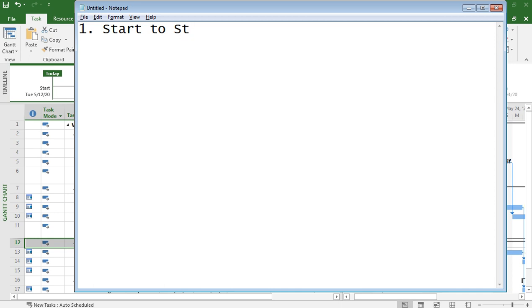Type is finish to start. So there are 3. Okay, let's do that. So there is scheduling information. How to schedule? There are 4 types. Number 1, start to start.